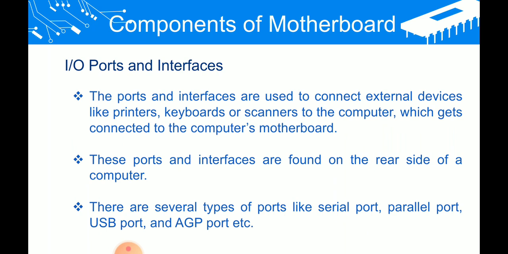Behind that box or in front of the box, we can see the ports where we plug in the mouse connector, or where we insert our mobile charger, or where we insert pen drives. So these ports are called input output ports and interfaces. Here any person can go and insert, but for the slots we cannot insert just like this. Only a known person who knows about the slots can insert. But in I/O ports, anyone who knows about the device can insert.